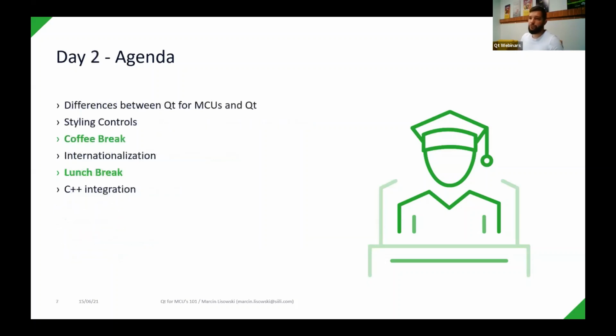And shortly about tomorrow, we'll see what is different between Big Qt and Qt4MCUs, and why you could use one or the other. You will learn how to style the controls, how to provide a different look for your buttons, and so on. Another short coffee break, and then we will get back to see how to translate your application to different languages. Another lunch break, bigger than the previous coffee break, and after it, we will see how to